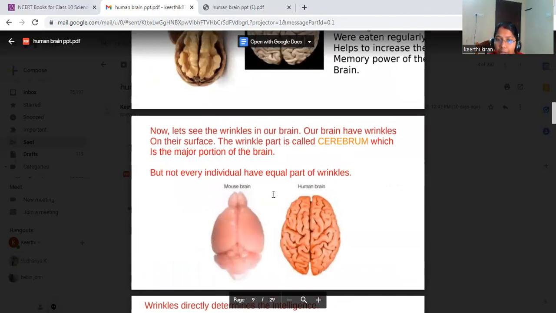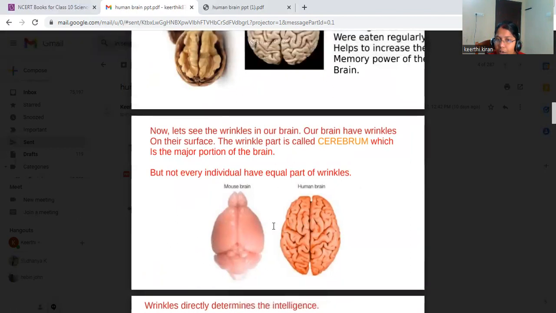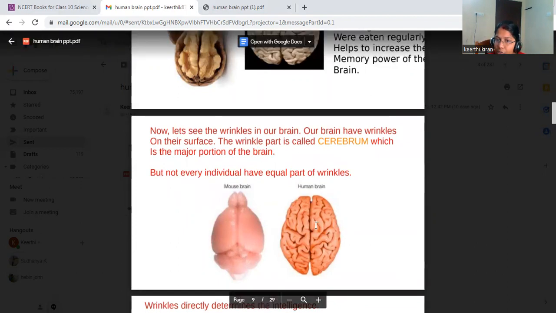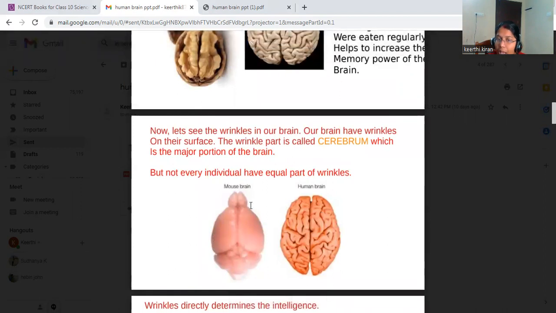Okay, now I compared two brains here. The first one is the mouse brain and the second one is the human brain. Tell me, what is the difference between the mouse brain and the human brain? Yeah, they vary in size, and the human brain has so many wrinkles, and the mouse brain does not have any wrinkles, right? So our brain has wrinkles on